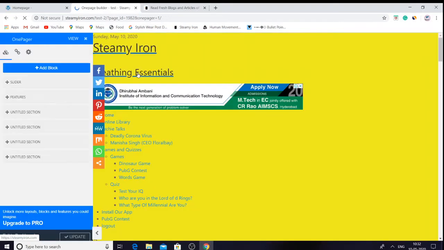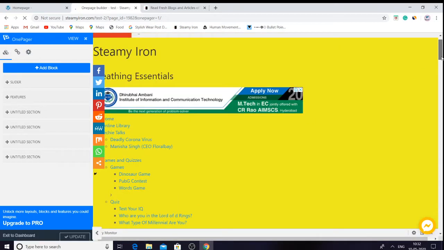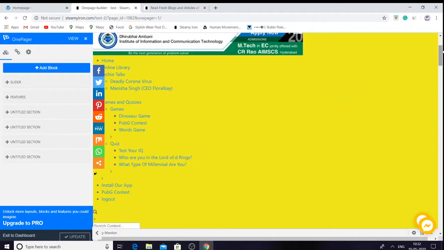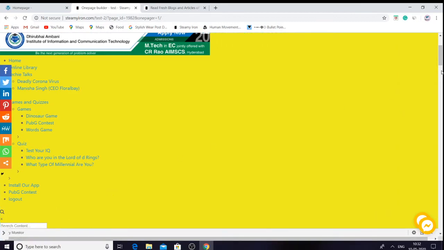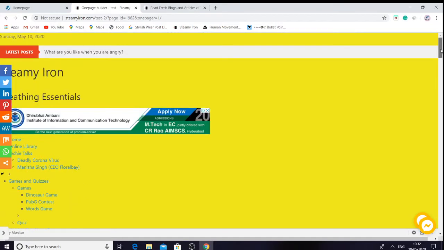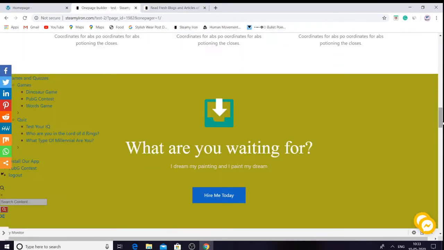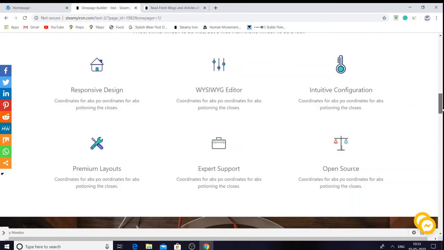Now we can build our page according to the data that we need. Here it's showing us partially the data of the home page.